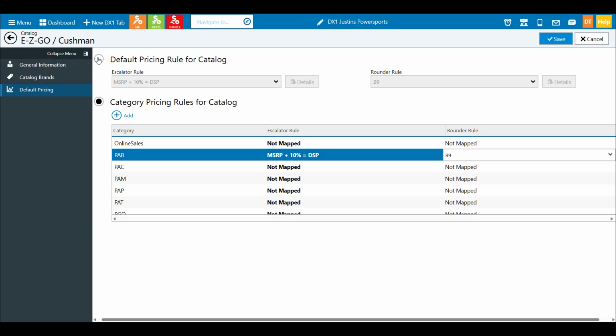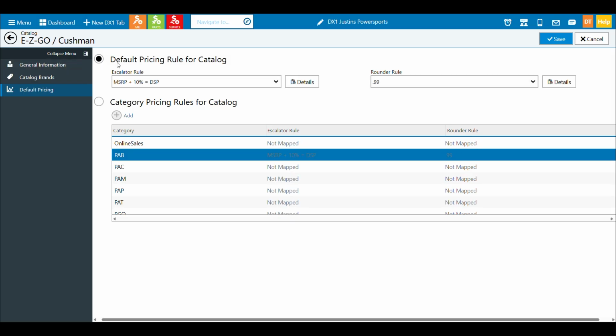I can also do just the catalog, and we can also do what we saw a few minutes ago, where I could go to dealership settings and set a dealership wide pricing rule. And you can set these in order. Like I said, you can set one at the dealership level that'll apply. I could come down here and set this at the catalog level, so it could potentially have its own versus everything else, or I could even do it to just certain categories within the catalog. Again, easy ways to add these pricing rules to your dealership.